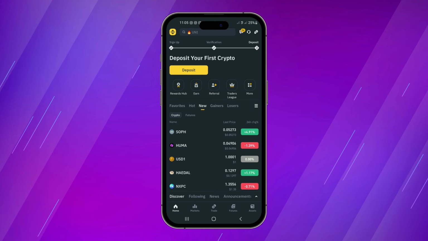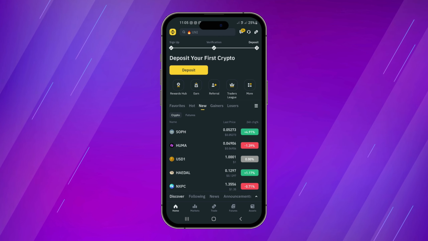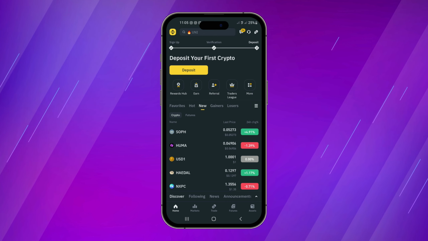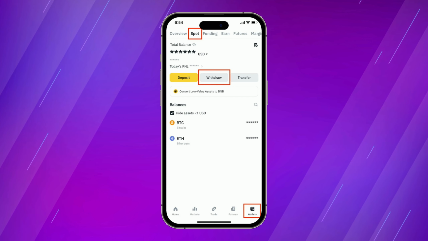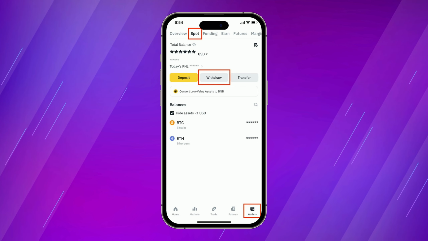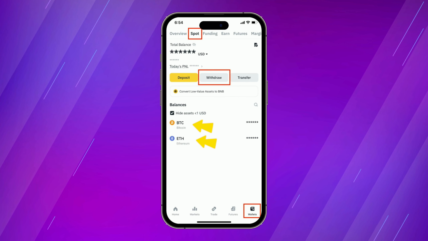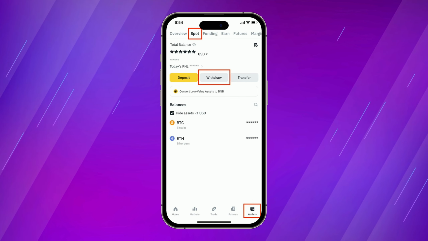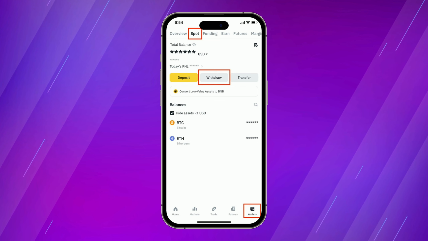Now once you have successfully logged in, you need to tap on the Wallets tab in the bottom right hand corner of the screen, and then by default, you will be on this overview section. So over here, you will need to tap on Spot in the top. This way, you will be able to see all of the coins or cryptos that you have in your Binance account. Now, among these coins and cryptos, you will have to tap on USDT,